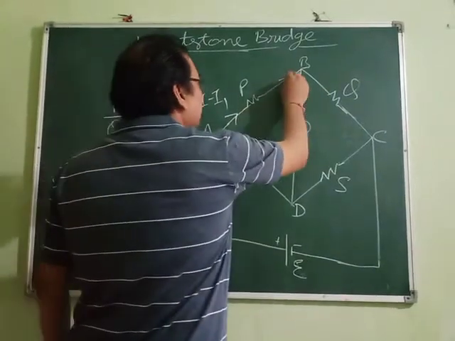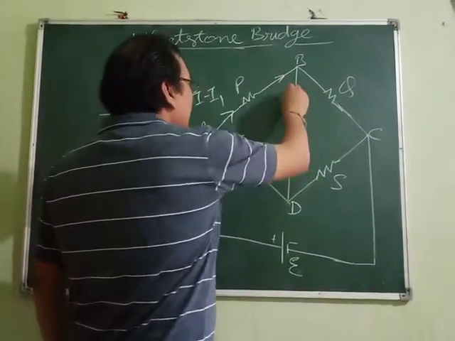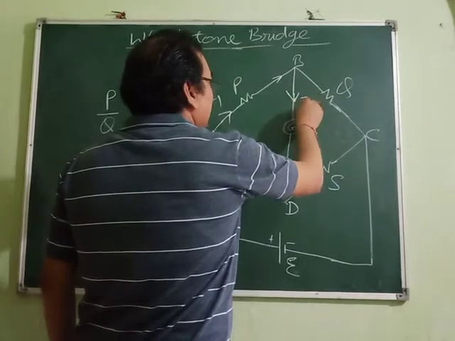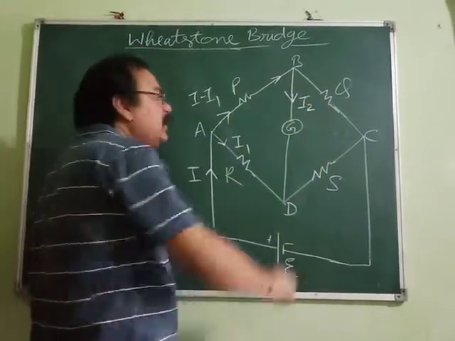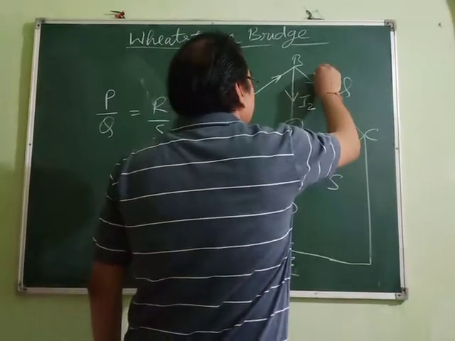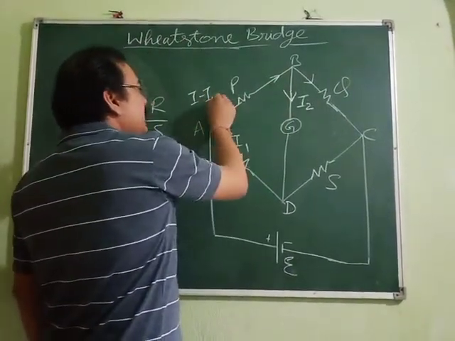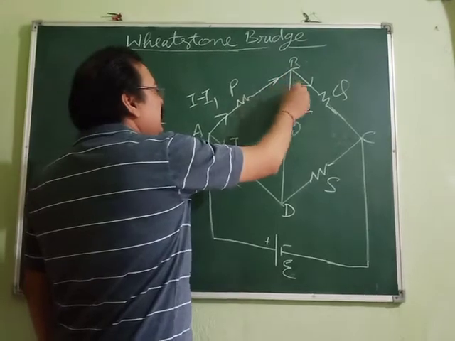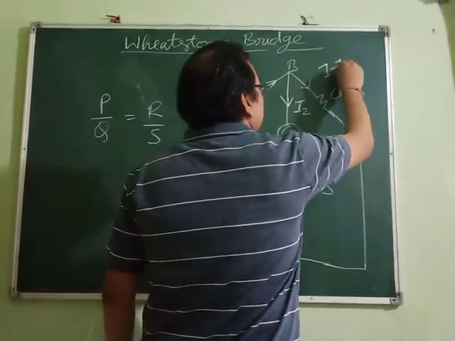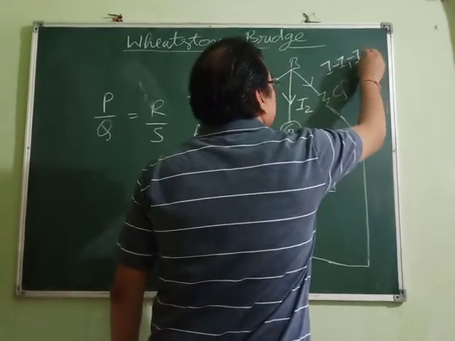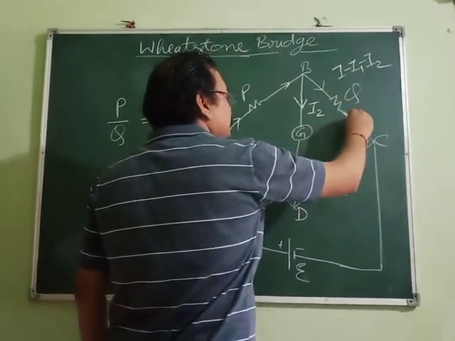Now this I minus I1 reaches here. And then suppose this I2 flows through this. When I2 is flowing through this, what will we get? The total was I minus I1 in this one, and from I minus I1, I2 has gone down. So we are left with I minus I1 minus I2. That will be flowing through this.